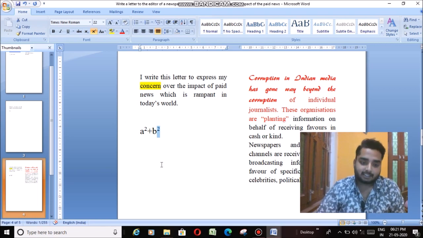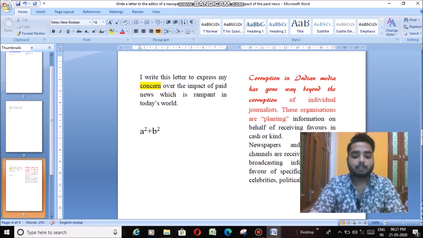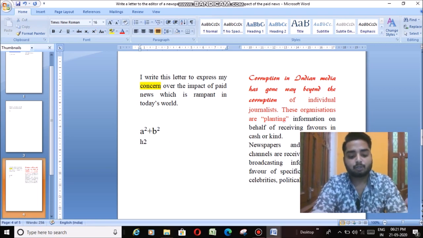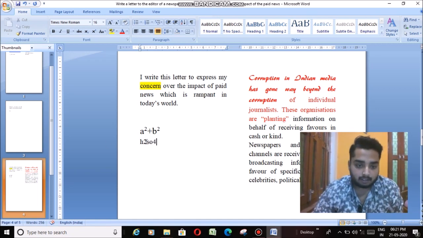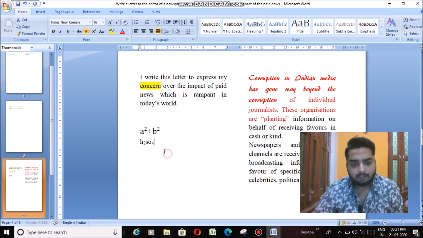If we want it lower, like a particular formula such as H2SO4, which you know is the formula for sulfuric acid, we have to select the 2 and the 4, whatever we want, and go to the subscript option.